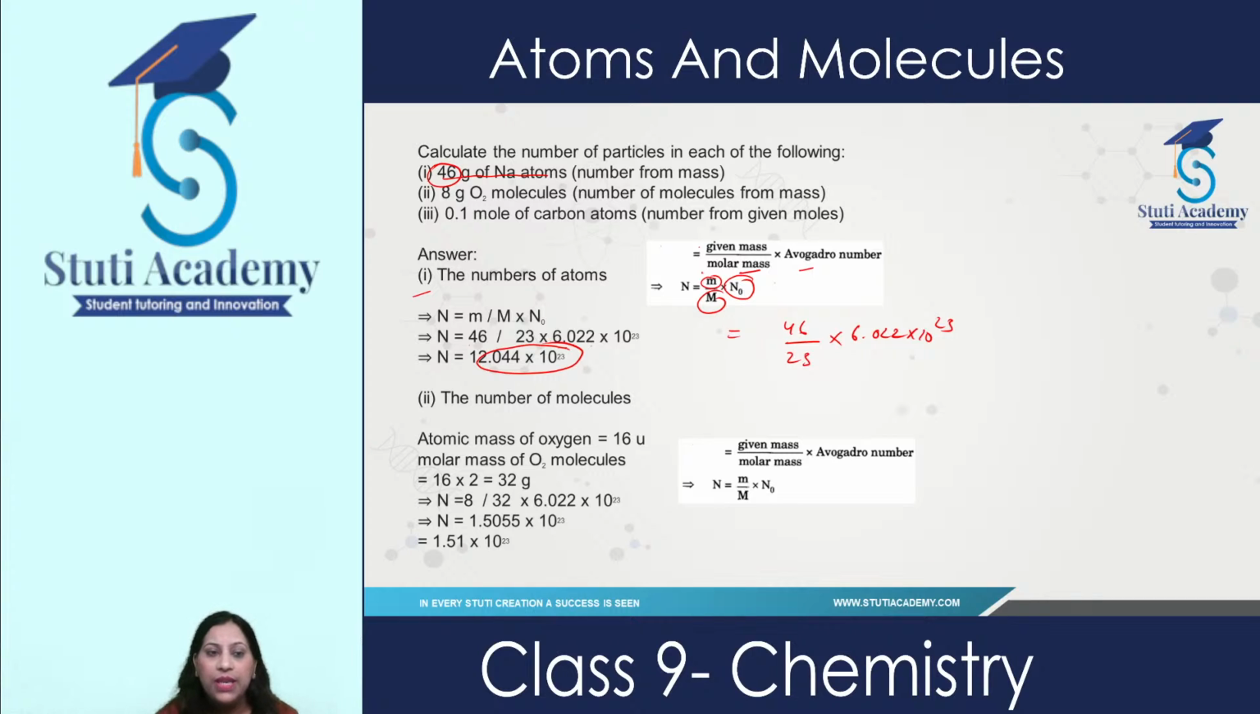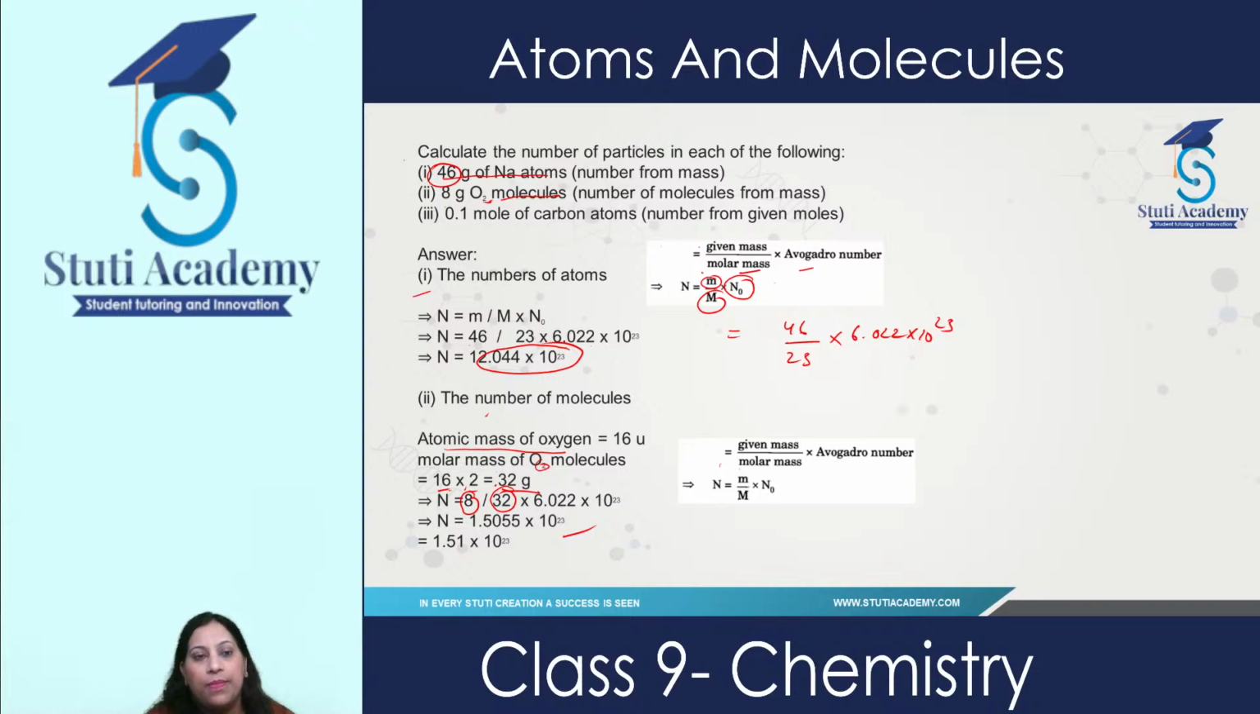Fine. Now number of molecules. Here, 8 gram oxygen molecules. Number of molecules from mass. Atomic mass of oxygen we know is 16 u, and the molar mass of oxygen, which contains 2 atoms, is 16 multiplied by 2, which is 32. Again we'll use the formula given mass upon molar mass into Avogadro's number. So here given mass is 8, molar mass is 32, multiplied by Avogadro's number,